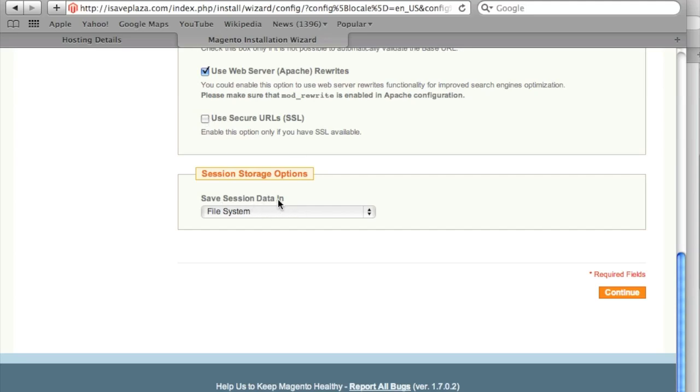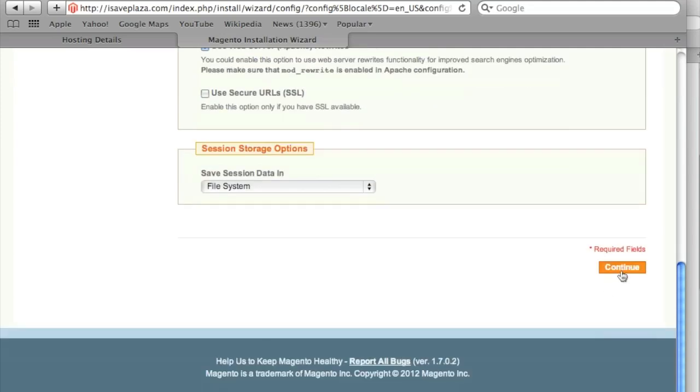Now, this is session data. Do you want it system-based or database-based? As you can see, file system is the default, so I assume that this is what Magento sees as the more ideal way of handling session data, so I'm going to leave it at that. There's also a way to change this later on if you'd like. With database, from my experience, it can be slow if you don't maintain your database properly, if you use database storage for session data. So we're going to go with file system, and then we're going to click the continue button,